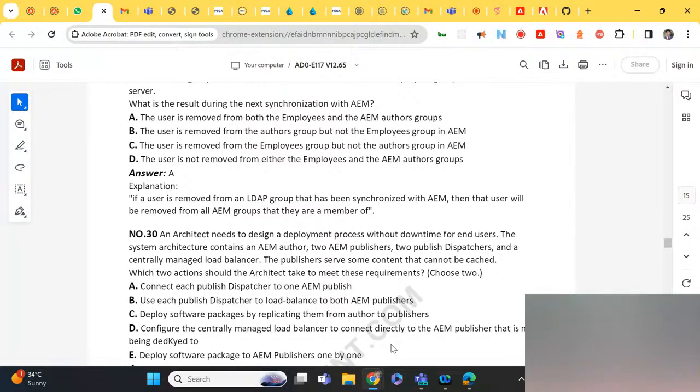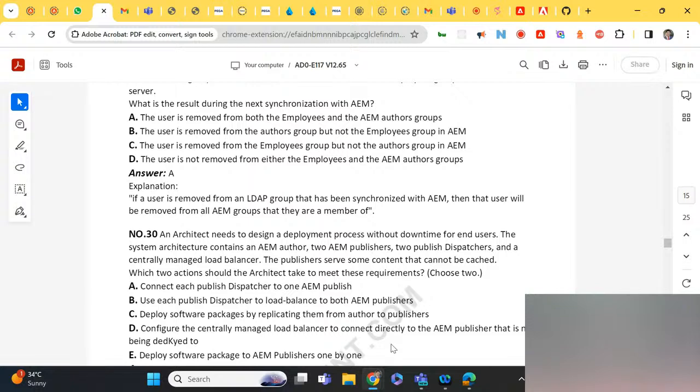Even though the dispatcher is configured for two publishers, by chance if the request goes to the down one, it will show a 500 error. This is downtime.